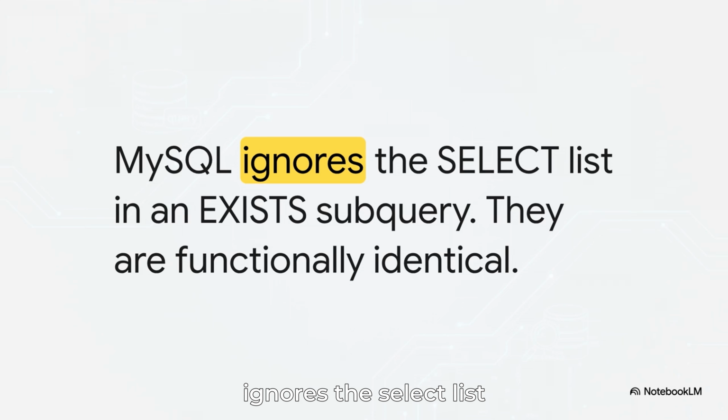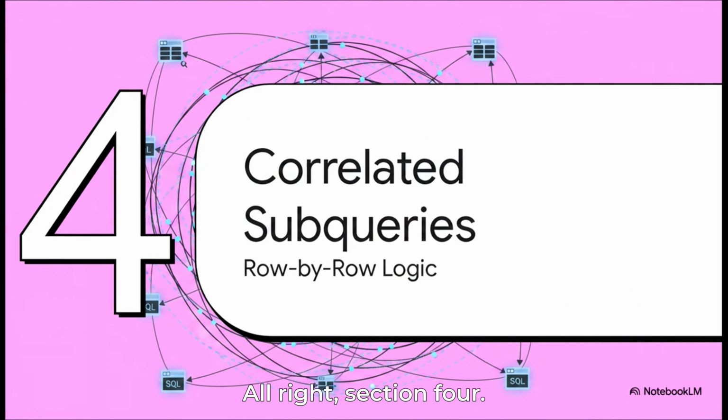MySQL completely ignores the select list in an exists subquery. You could write select star, or select 5, or select hello world. It is functionally identical to the optimizer. It's just checking for the presence of a row. That's it. All right, Section 4,